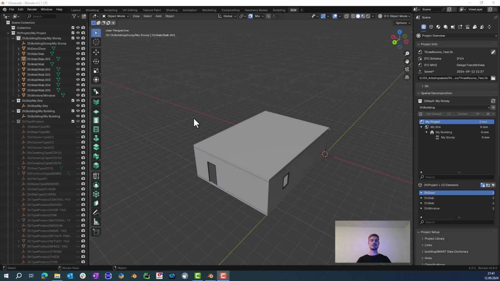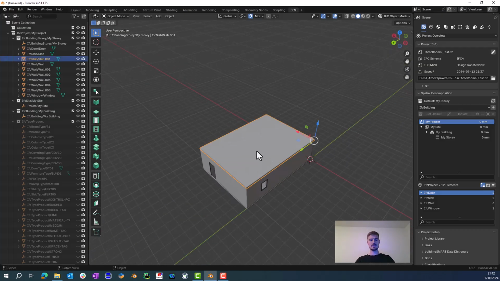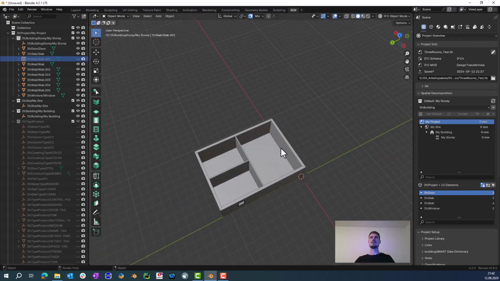My name is Tobias and today I will show you how you can add spaces and space boundaries correctly in Blender with the add-on Bonsai. Okay, so you can see here I've prepared a building, a very small one with one floor and only three